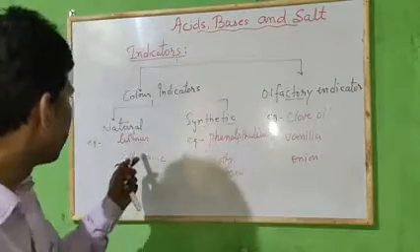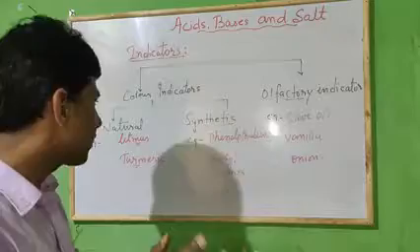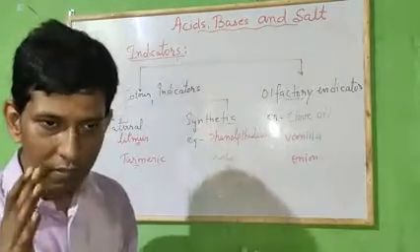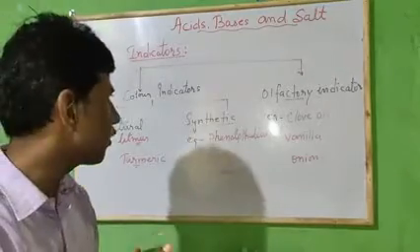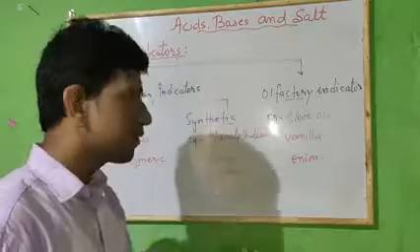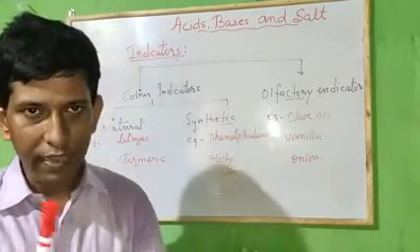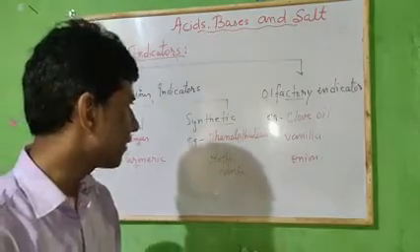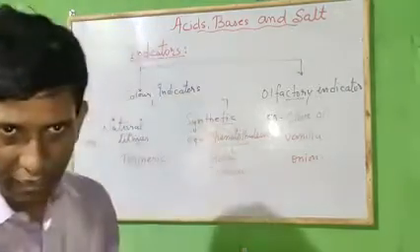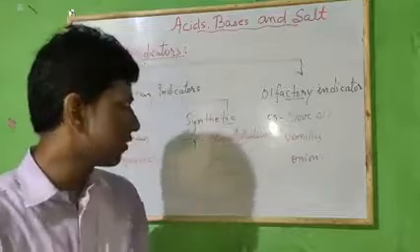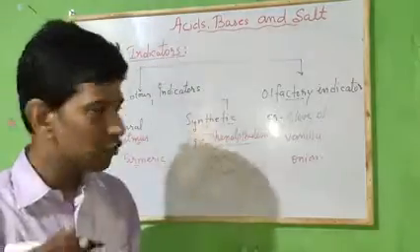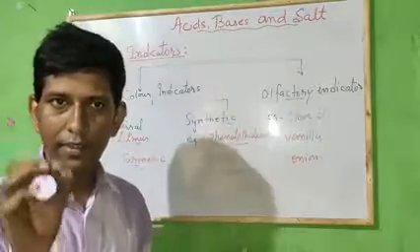So when we use this indicator, we can easily find whether the given liquid, the given chemical substance, is acidic or basic. It depends upon their color response. Same way, there are certain synthetic indicators. Chemically we make the synthetic indicator. The first one is phenolphthalein, and the second one is methyl orange. As per our syllabus, we have to study these two synthetic color indicators. Phenolphthalein, the most important synthetic indicator, is generally colorless.